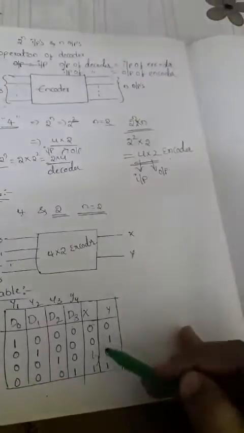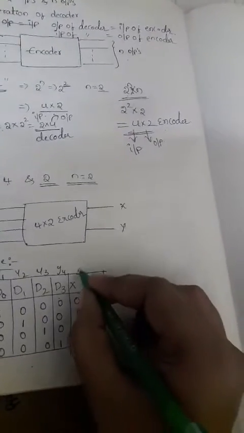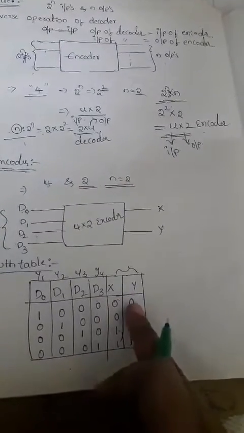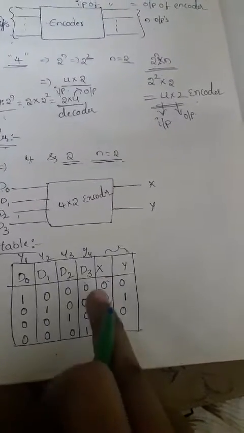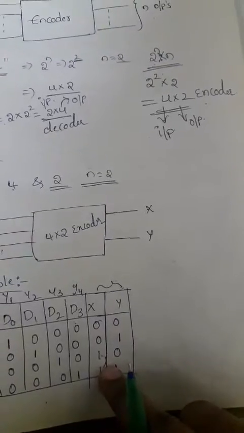Okay. So now, whatever the input values of the decoder are, they are exactly converted into the output of the encoder. So now we are taking these as the outputs. Finally we are getting the two outputs, x and y. So we need to draw the K-map for the Boolean function. Now we need to consider the K-map for that x and y. For x, that is a two variable K-map we need, right? This is nothing but only two variables, right, we are having.